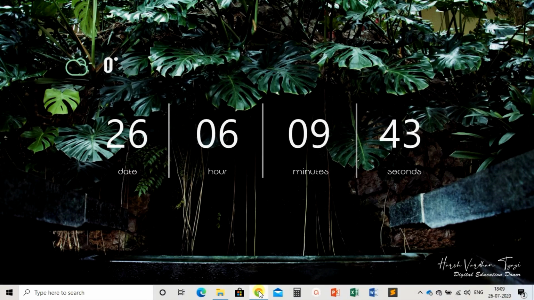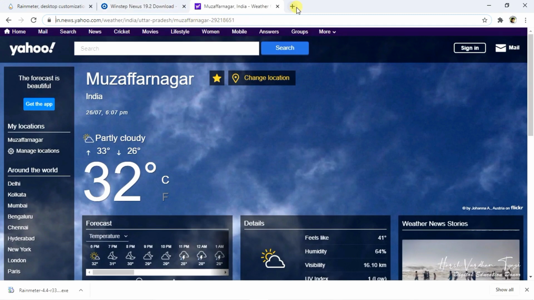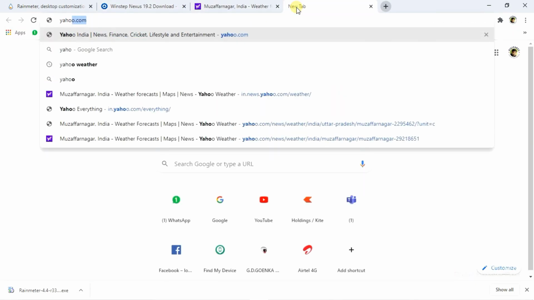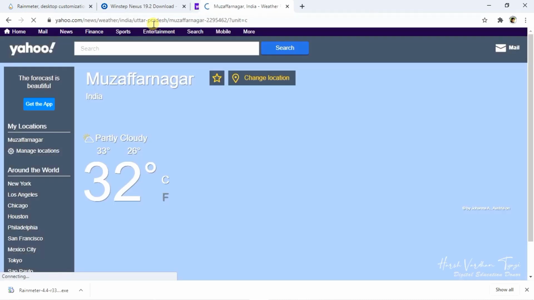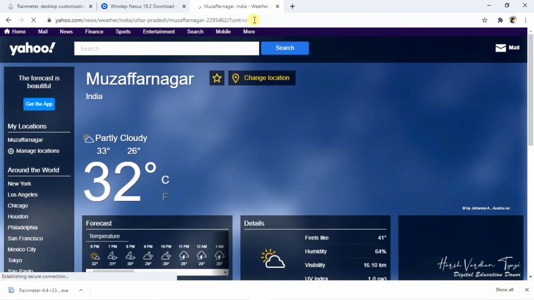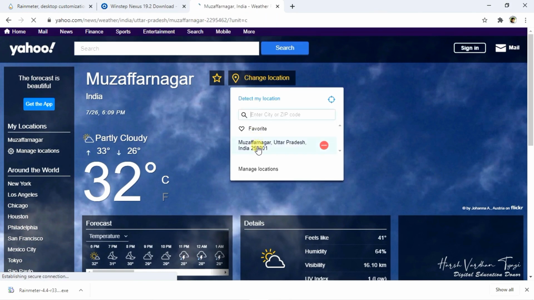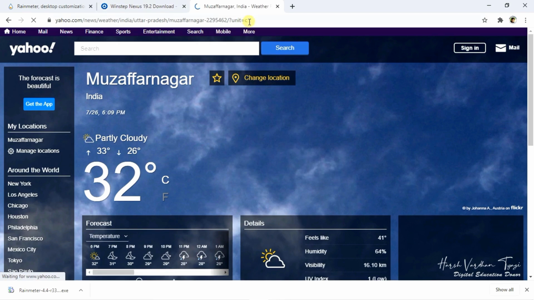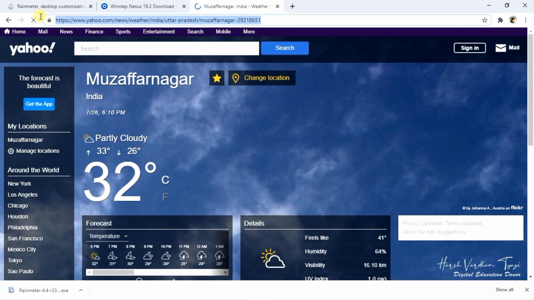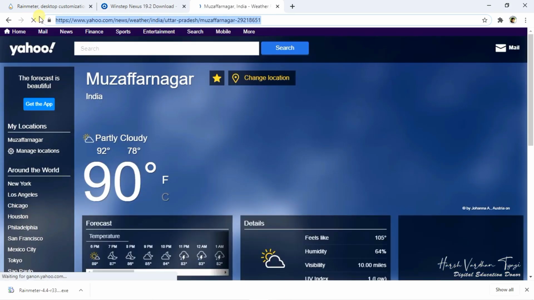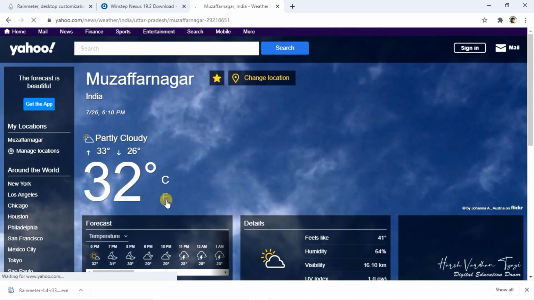It's not getting loaded. Let me use Yahoo again. I have copied this part. Copy this URL.